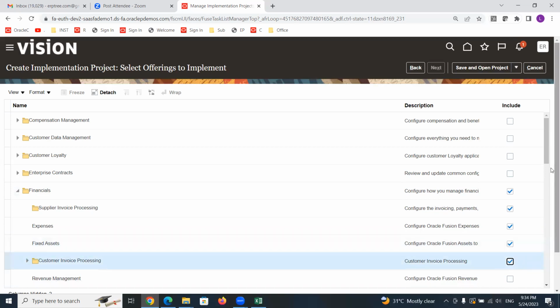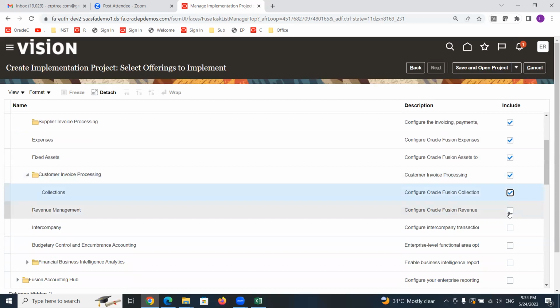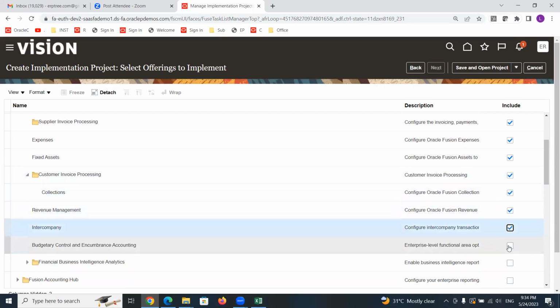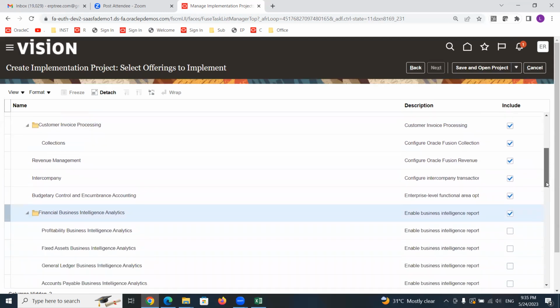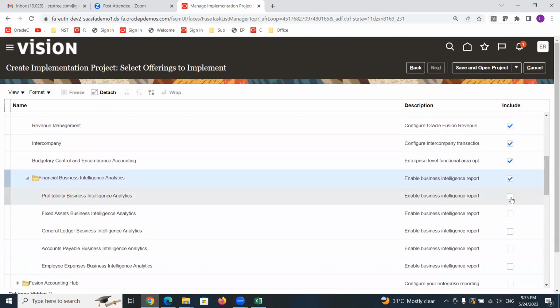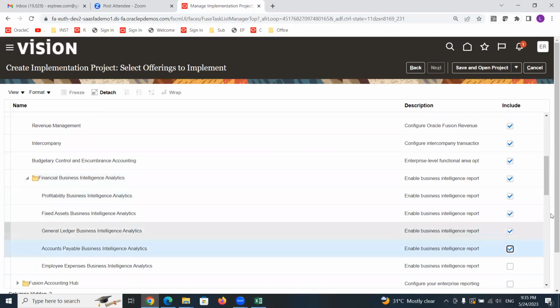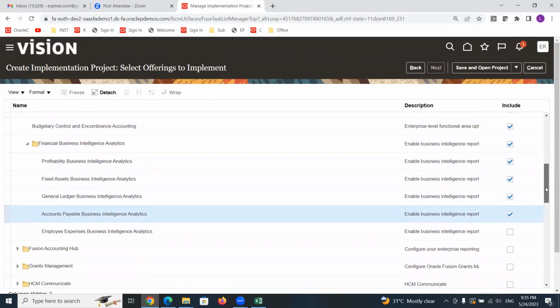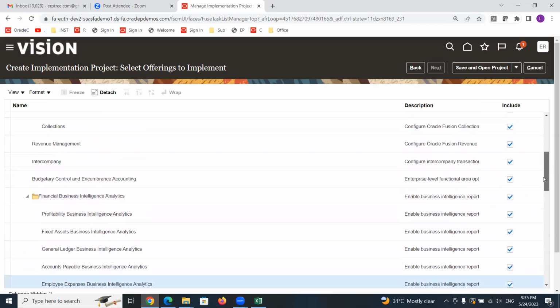Receivables, whatever you want to include, you can include. Just include everything available here. These are analytics, you can do data analysis related to these reports and applications. Done. So this is how you can include.